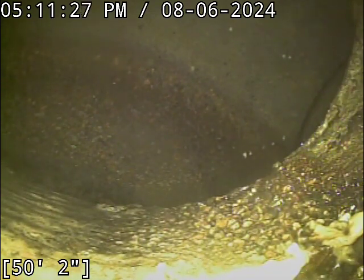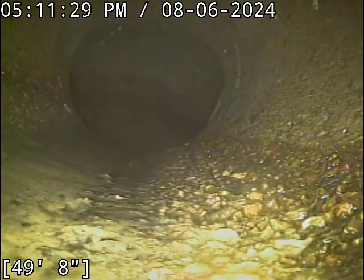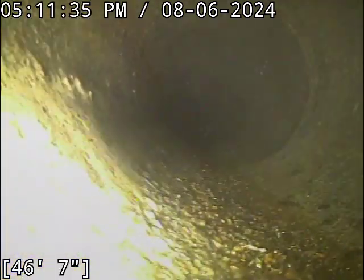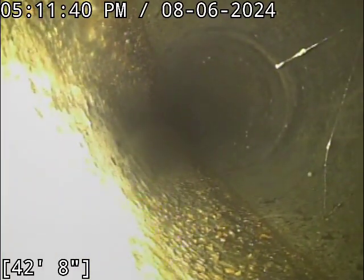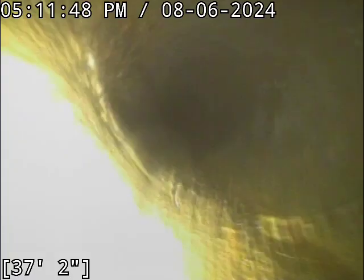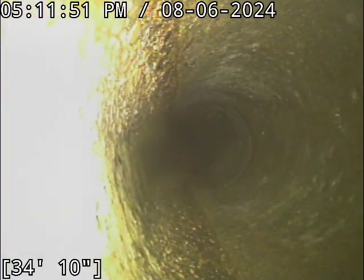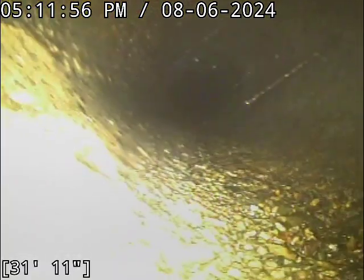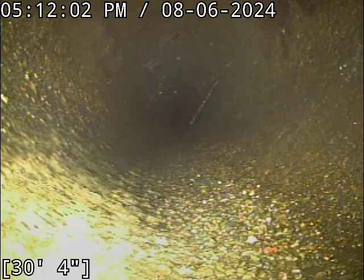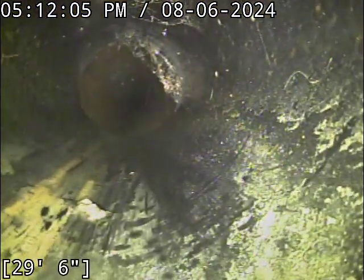Alright, we'll start pulling back in here. What's concerning about this spot is, on its own, you've got an offset. Not the worst offset in the world, and luckily it's in a fashion where you don't have a lip in the flow line to hang stuff up. I eyeballed this spot before I even started locating, and I was worried about it. Right next to the for sale sign, just before the sidewalk, there's a gravel spot between the grass and the sidewalk area. There is a very obvious